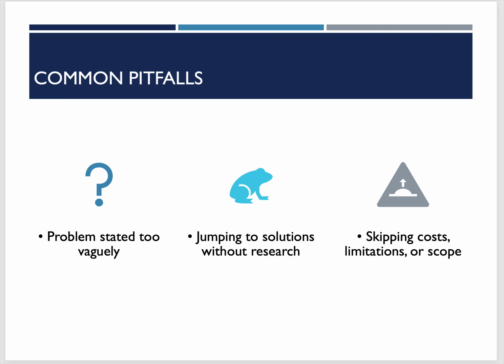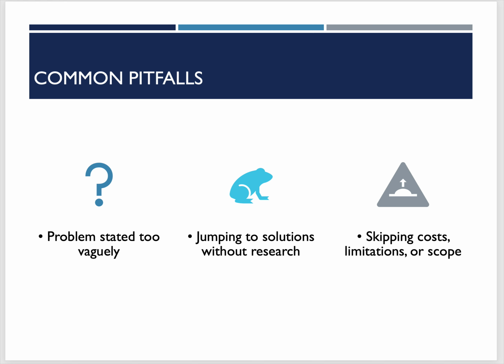So some of the common pitfalls that students have on this paper is by far the biggest one is the problem is stated too vaguely. You cannot just copy and paste the context that I've given on the assignment description and say you're done. The part that you do is to provide the explanation and the specifics of the problem. So this is an opportunity to use your imagination and really think big, but within the context of what I've provided on